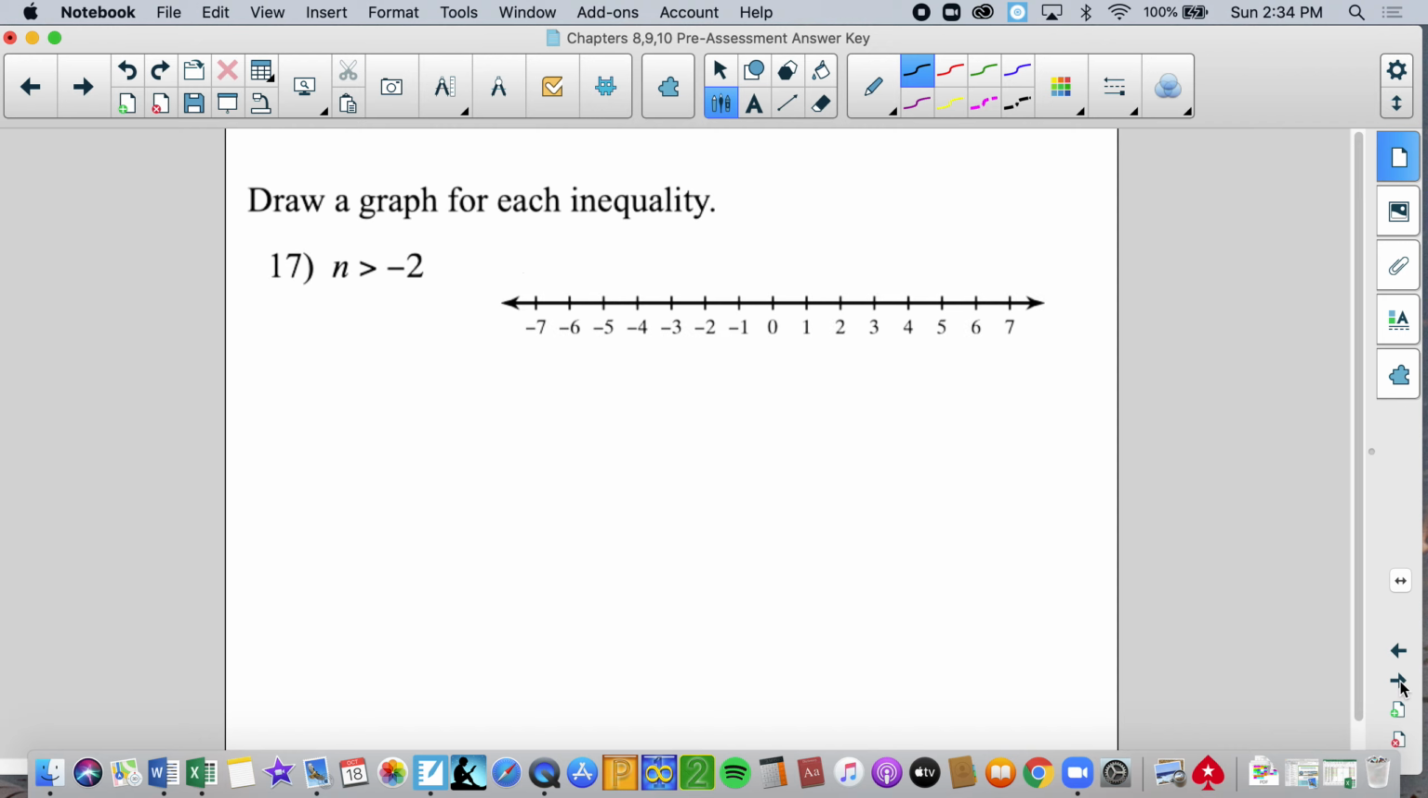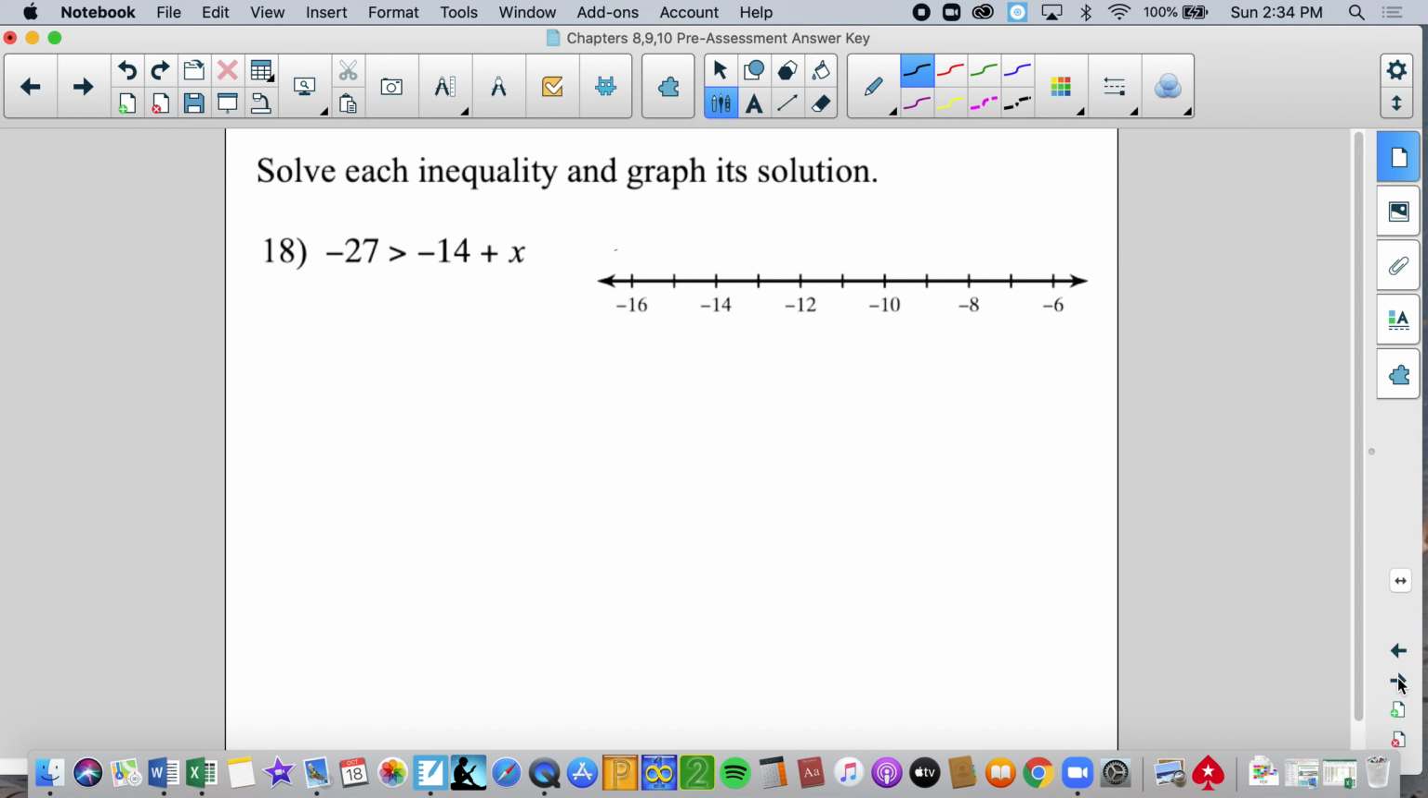This one's pretty straightforward. I don't have to rewrite it. It is just greater than, so that means it's an open circle, and greater than goes to the right on the solution starting at -2. All right, here we have steps involved, so we have to isolate the variable first before